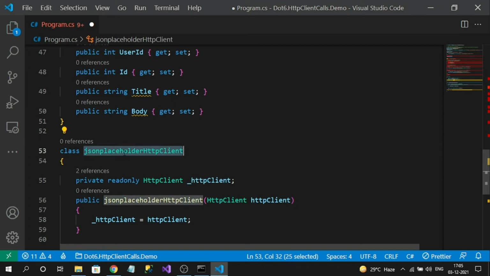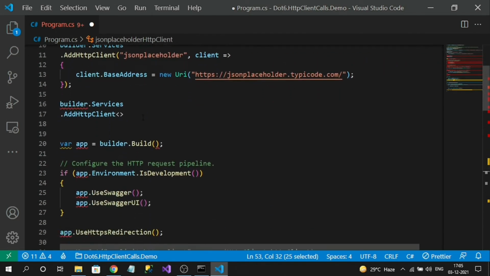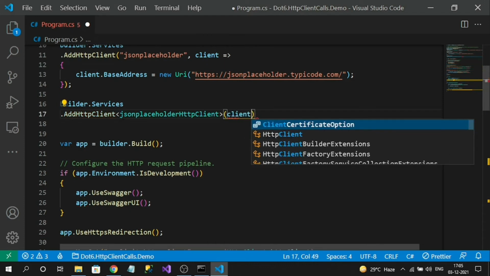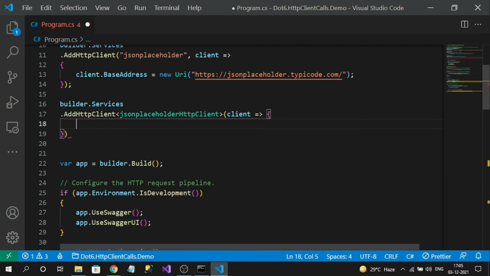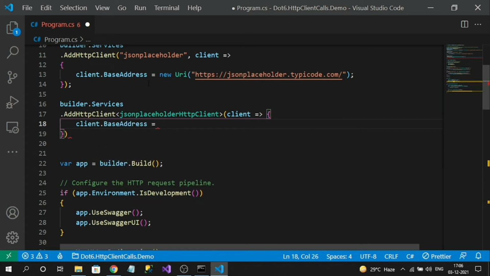Okay. So here I can pass my typed client, and simply I can register the basic configurations like base address, all those things. Okay. Base address, I'll copy this.